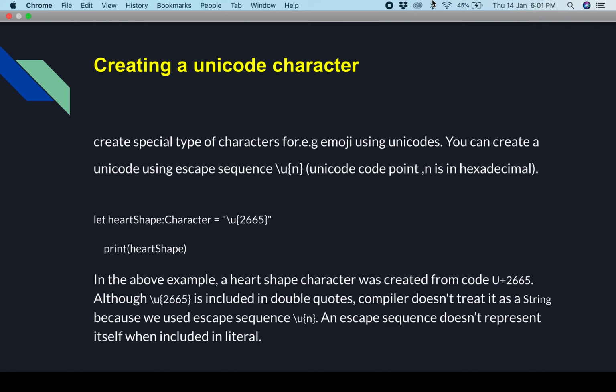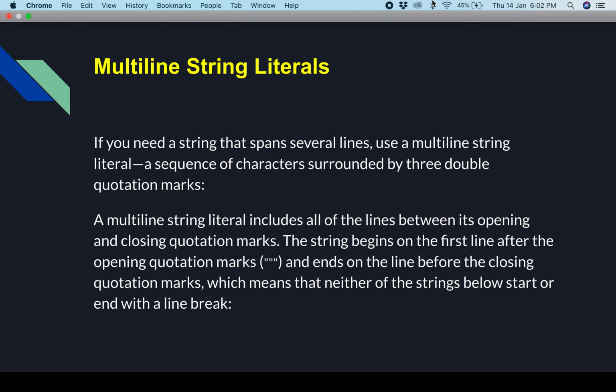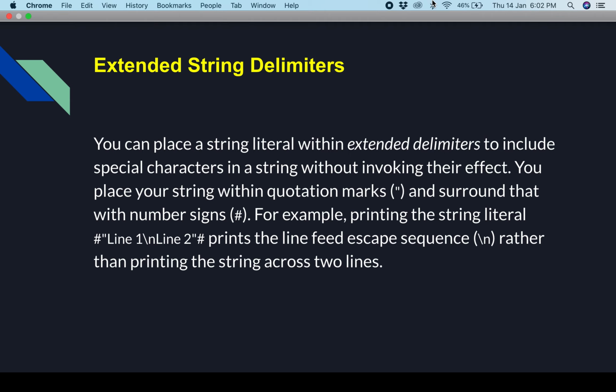String has some more features and we are also going to discuss the integer features like adding two integers or comparing two integers, and we are also going to learn adding two strings, comparing two strings, what is string interpolation, what are multiple line literals, extended string delimiters. This feature was added recently in Swift 5.